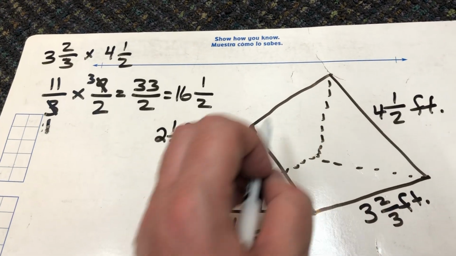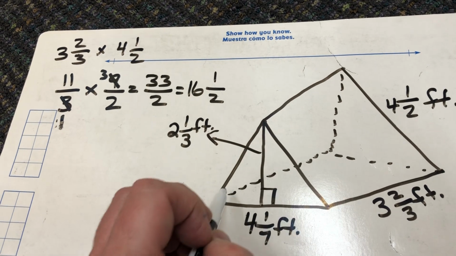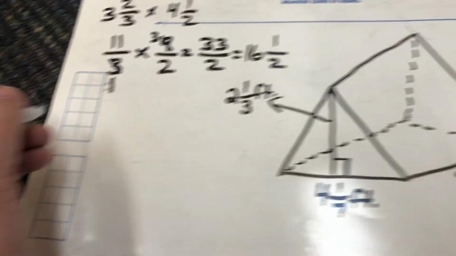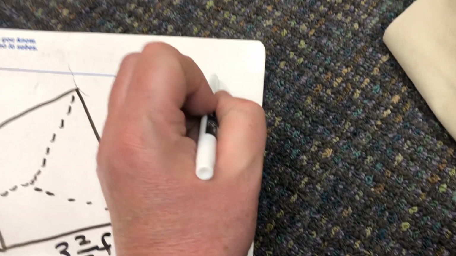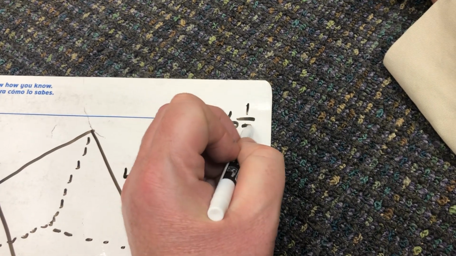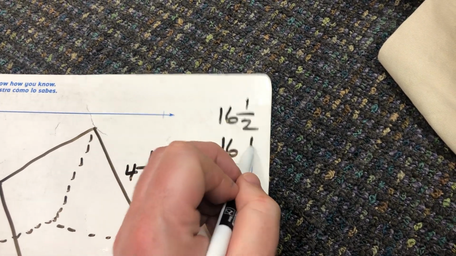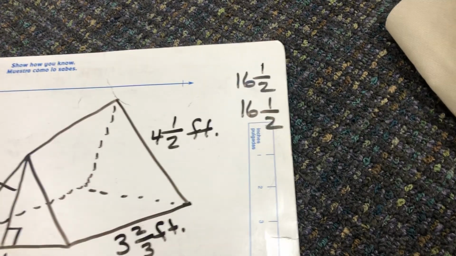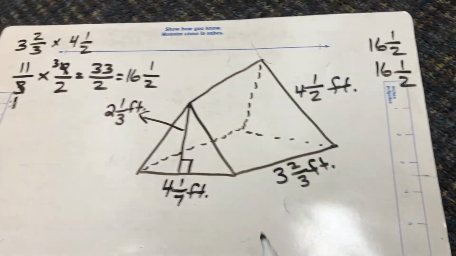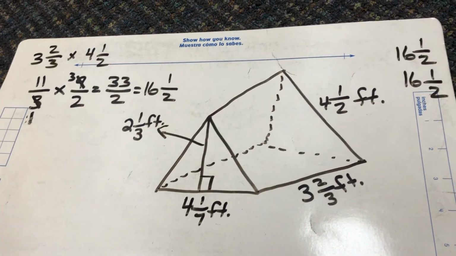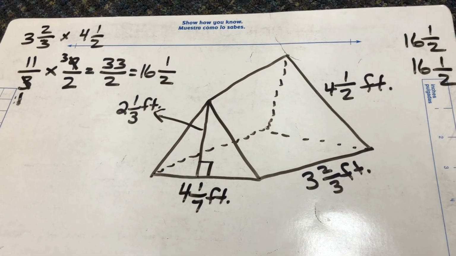So this big rectangle here to the right, this one here to the left are both 16 1/2. So I'm going to come over here, 16 1/2, 16 1/2, just to keep organized. Notice, sixth graders, how I'm not afraid to take up space, how I'm not afraid to show my work, keep